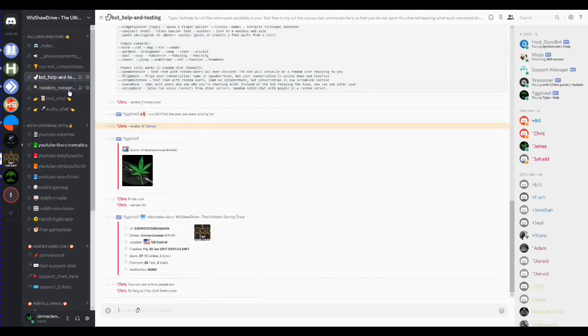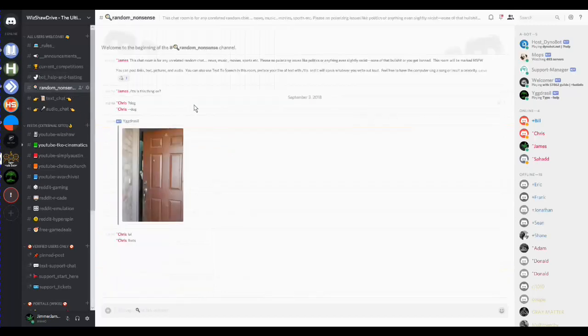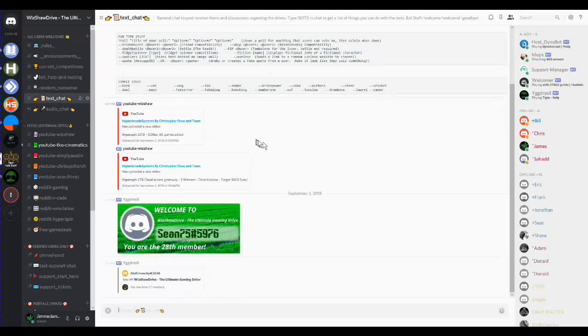Then we have the random chat area. This is completely unrelated to the hard drive. You could just go in here and chit chat. It doesn't have to be game related. Then we have the text chat. Now this is going to be the main one. We have a bunch of different things you could do, but it's also going to show a quick link to some of the latest videos from Chris. You'll see when new people join, but basically this is going to be the main section that you're going to go to, an interactive section. Now if there's a lot of people on at the same time, there's also this audio chat room.